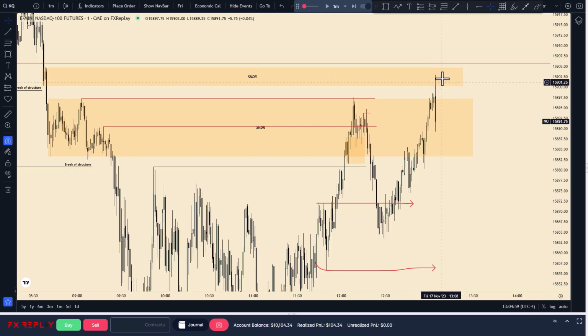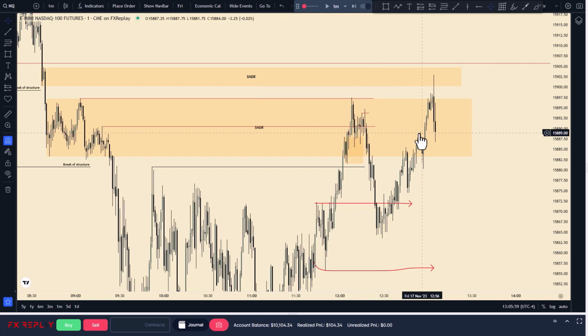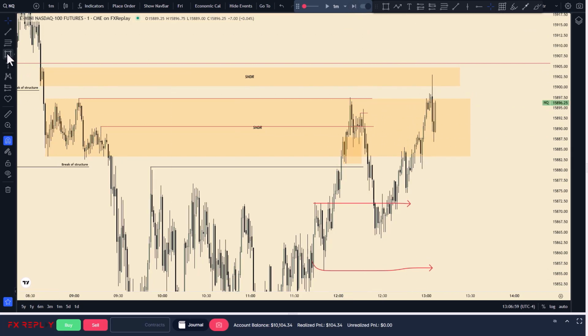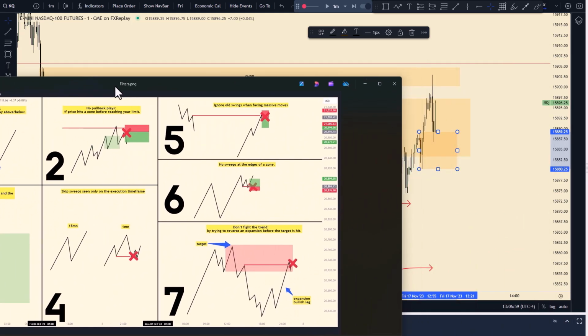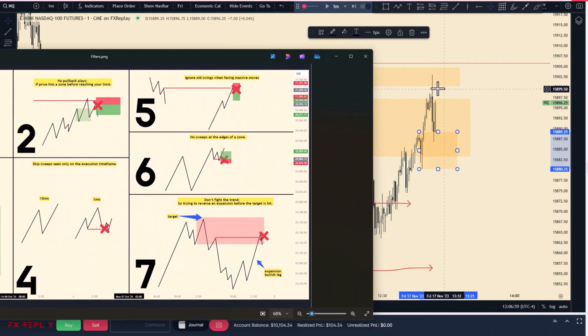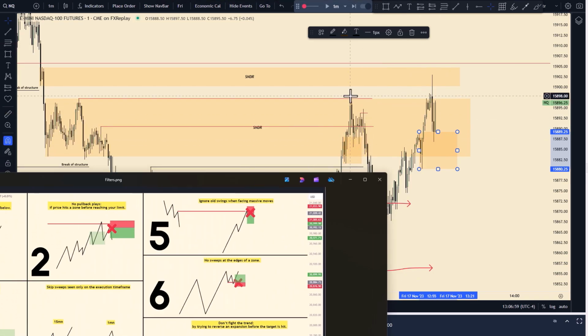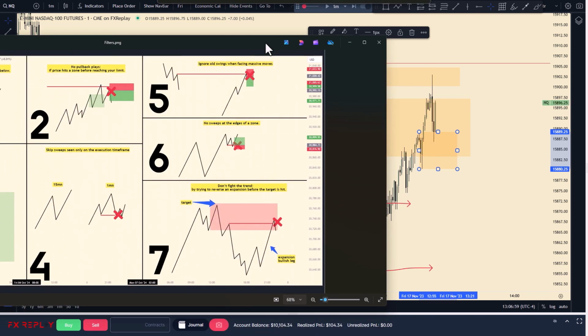There is nothing to work with on the 1 minute. Of course, you can look for a short opportunity on maybe the 15 or the 5 second. Let's continue. We tapped into this zone now. Okay, so this zone, we are still with the second filter. One more time, sweeping of that previous low or previous high. And this one. But still, we have a bullish zone to